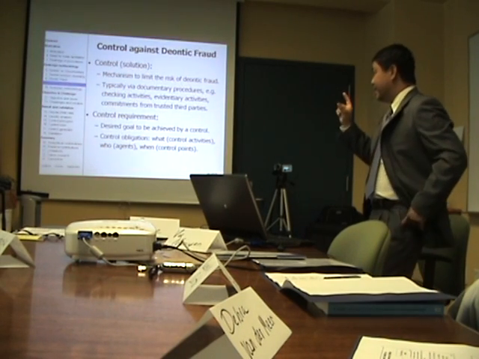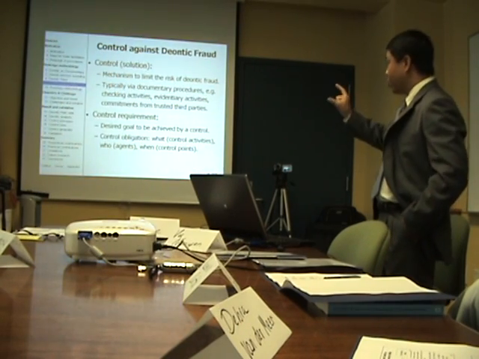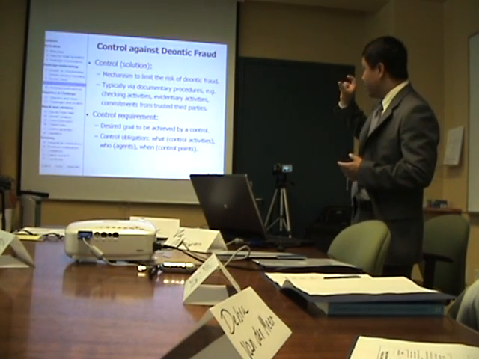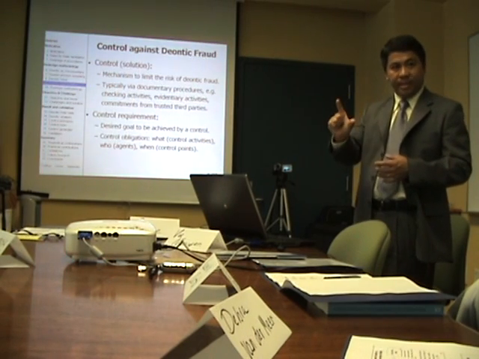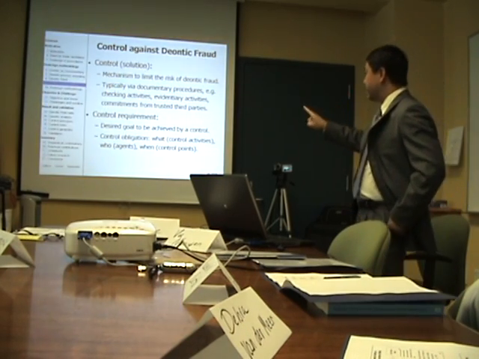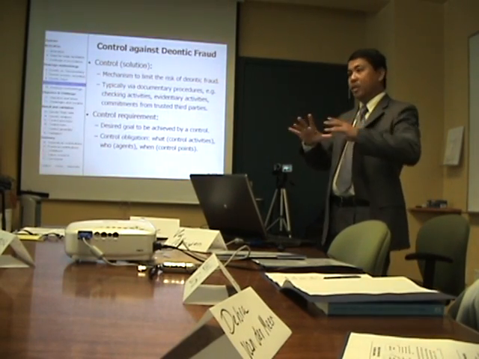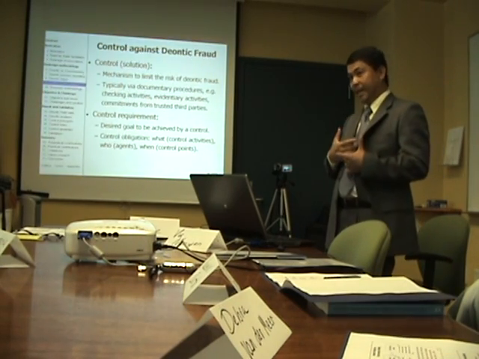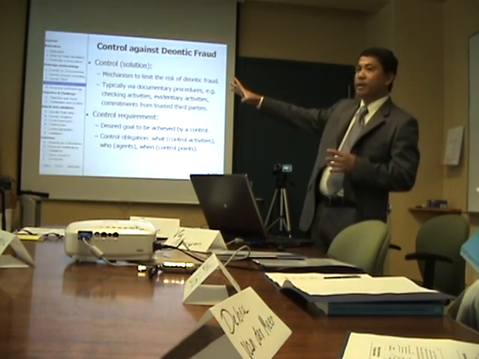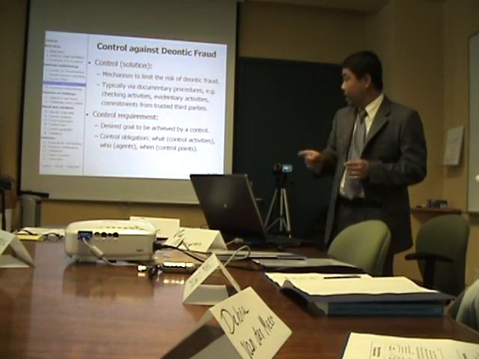A control requirement is defined as the desired goal to be achieved by a control. The control requirement in this dissertation will be specified formally. So a control requirement can be defined as a formal specification of a desired goal to be achieved by a control. A control requirement will be represented as a control obligation. It's slightly different from the contractual obligation. In the contractual setting, when a party has an obligation, some counterparty has a right. So if this party violates the obligation, the counterparty will sanction or punish or take whatever legal action is allowed by the legal system. But the control obligation here